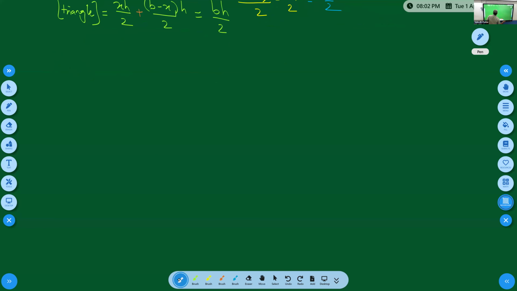Okay, just like the identity a plus b bracket square is equal to a square plus b square plus 2ab. We can easily prove it, but I'm not getting into that right now. What is the identity a square minus b square equal to? A square minus b square can be factorized into